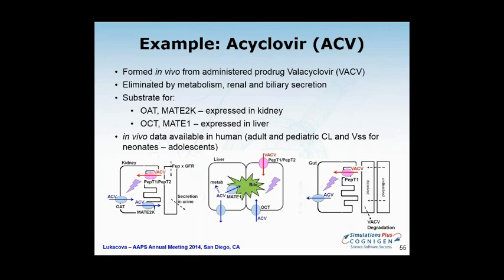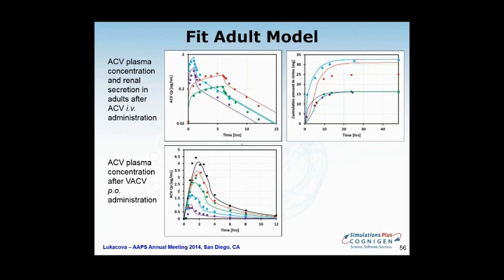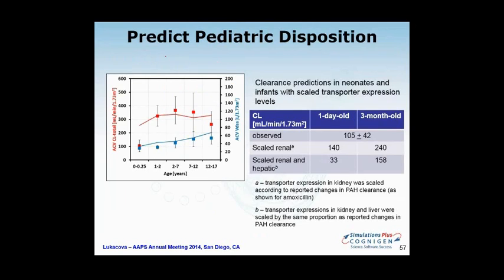This compound has a combination of clearances, so there is some metabolism, renal and biliary secretion. Again, the process was the same as with the previous compounds, using adult data after IV and PO administration to characterize the model. We also had data for cumulative excretion in urine, which really helped us figure out the proportion of liver versus kidney clearance. So the first step was to get the adult model, and then use that model to predict the